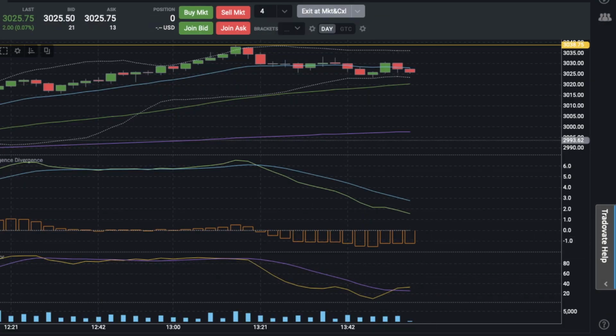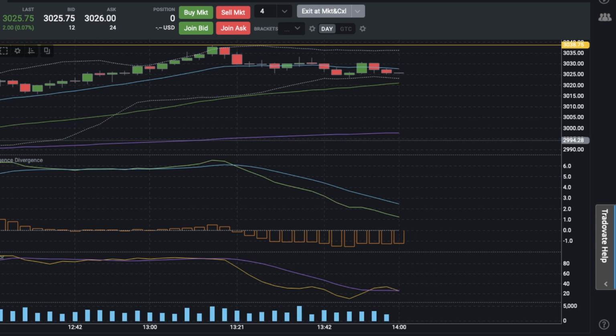Alrighty guys, so let's see. It is going on 2 o'clock in the afternoon. Kind of in a flat channel right now. Approaching the zero line on the MACD, and I may be getting ready to short this. Stochastic is